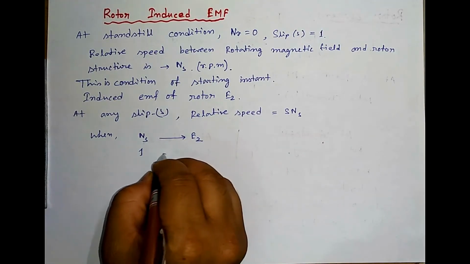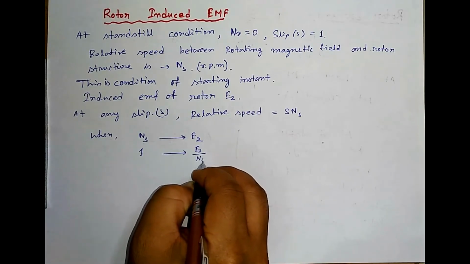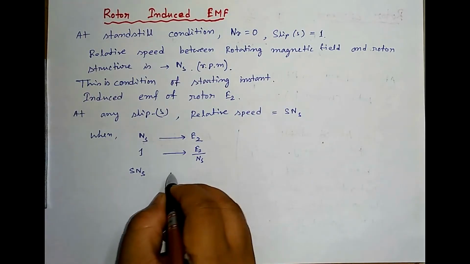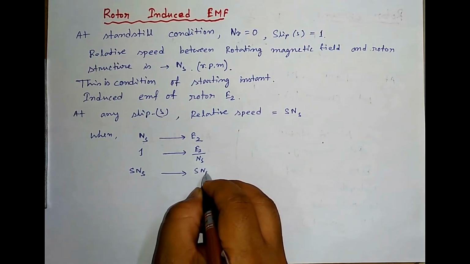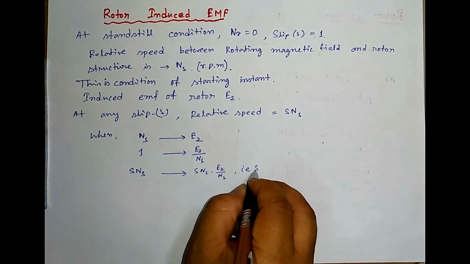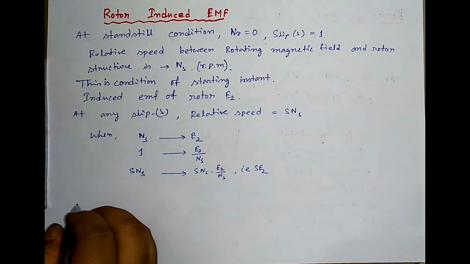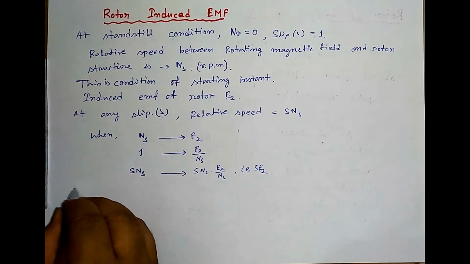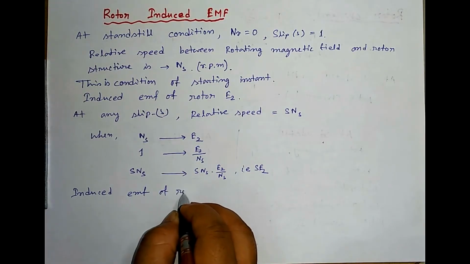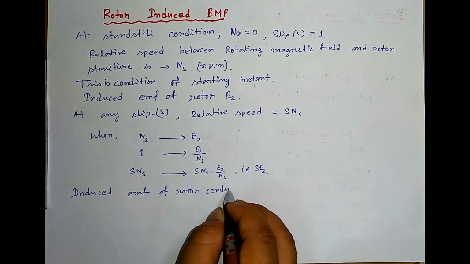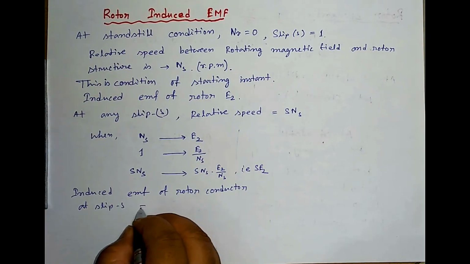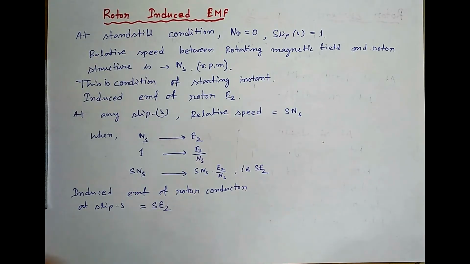For 1 revolution per minute the induced EMF will be E2 by ns, and when the relative speed is sns the induced EMF will be sns E2 by ns, that is sE2. So the induced EMF of the rotor conductor at slip s equals sE2, and we know that